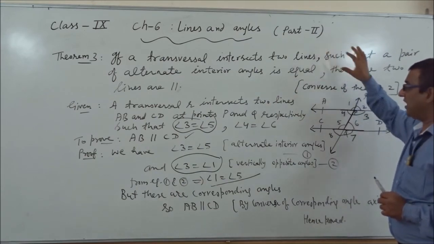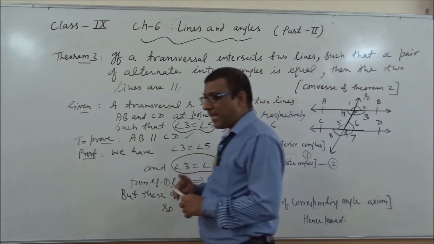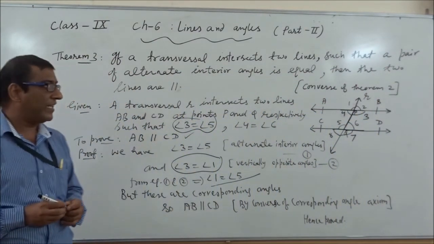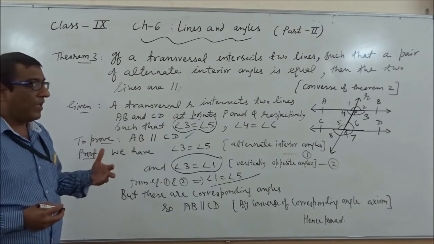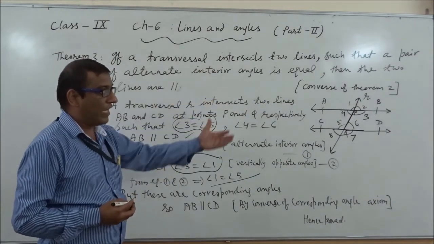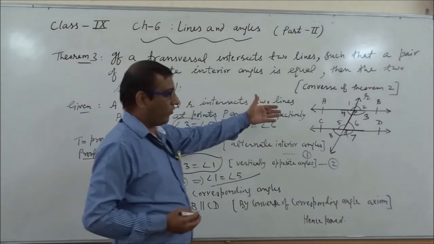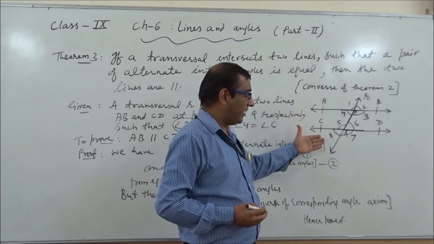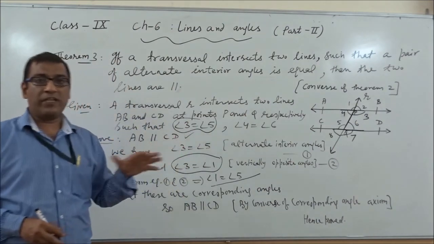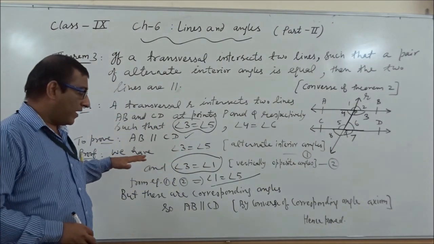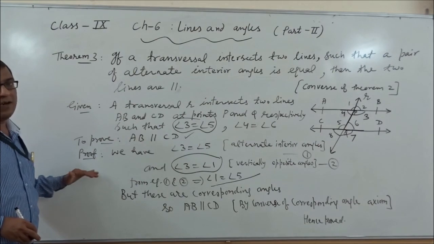This theorem number 3 is also known as the converse of theorem number 2. I hope with the help of these three theorems, number 1, 2 and 3, it is very easy for all of you to express how we can say that when a transversal line intersects two other lines, then they are parallel. As per this theorem, when a transversal line intersects AB and CD, we can say AB and CD are both parallel. So with the help of theorems 1, 2 and 3, you can explain any theorem with the help of given, proof, and then you will get the proof.